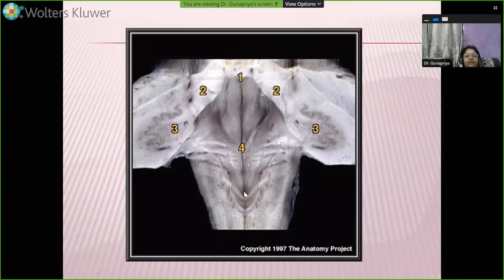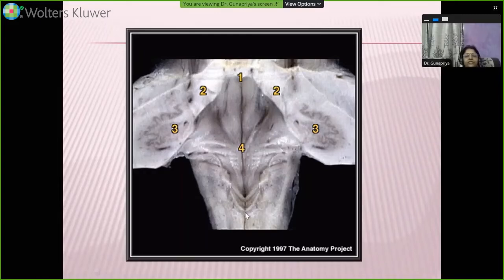And you can see nicely the cavity of the fourth ventricle going down and continuing as the central canal of the medulla oblongata. So this is the inferior angle. You can see the opening there. The cavity of the fourth ventricle narrows down to continue further as the central canal of the medulla oblongata. So this is the site where the superior angle is going to continue above with the cerebral aqueduct. This is for central canal continuation. Median sulcus you can make out. That's the hypoglossal triangle. That's the vagal triangle. And you can make out this whitish ridge here. This is the funiculus separatus. This is area postrema. This is your tinea. And that's finally your obex.